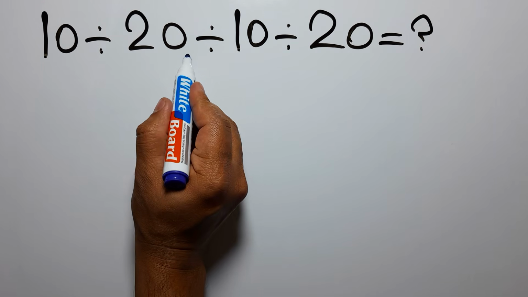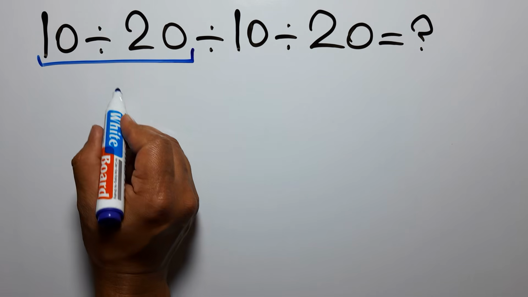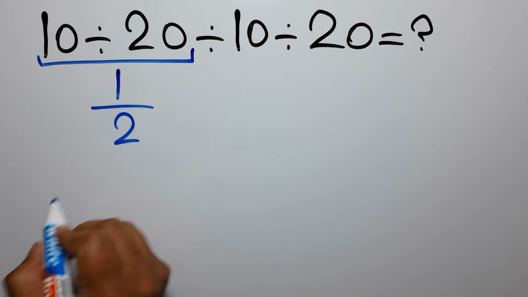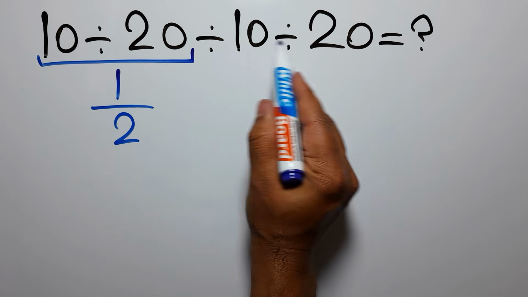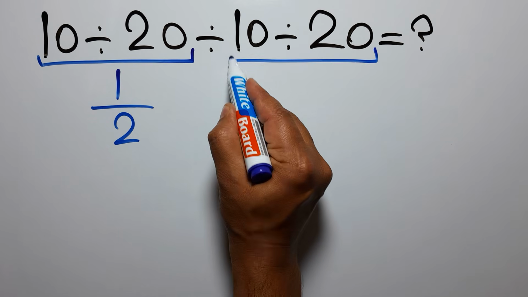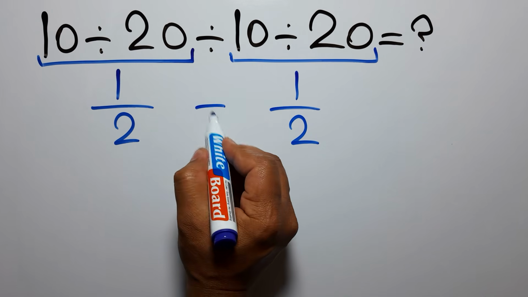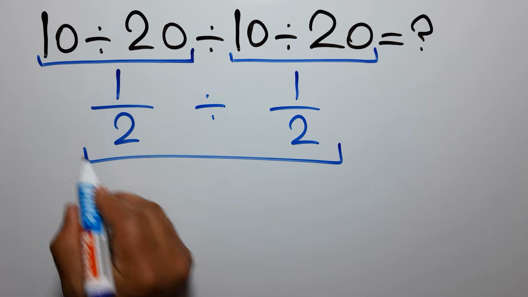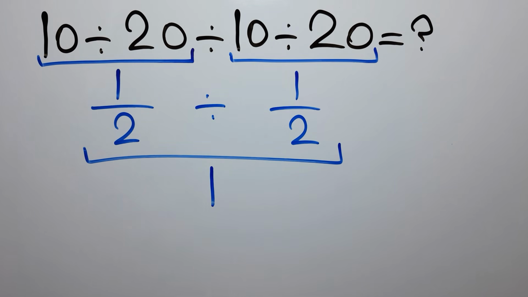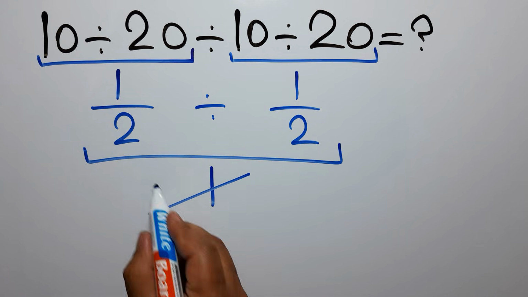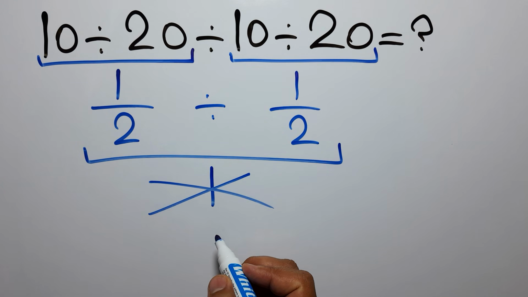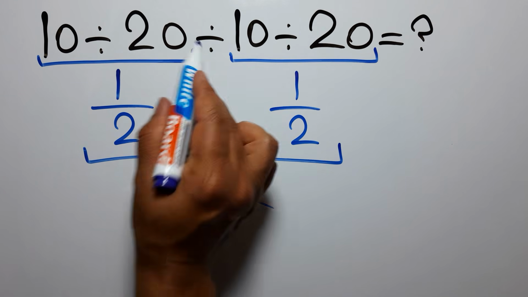10 divided by 20 can be written as 1 over 2. And again here we have 10 divided by 20. So 1 over 2 divided by 1 over 2 gives us 1. But this answer is not correct, because according to the order of operations, when we have more than one division